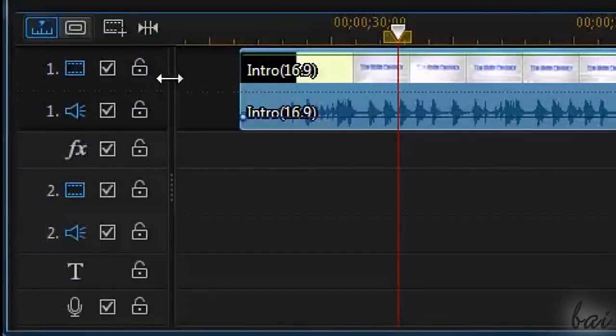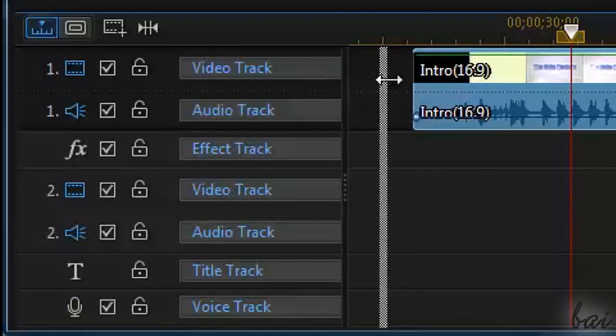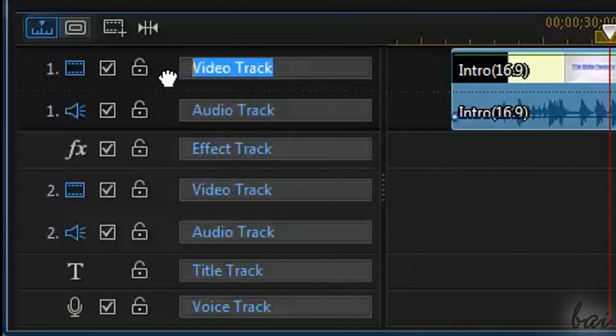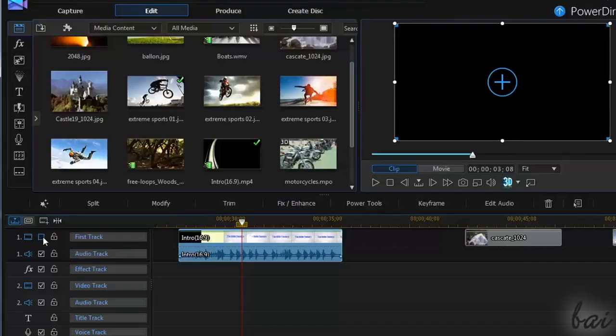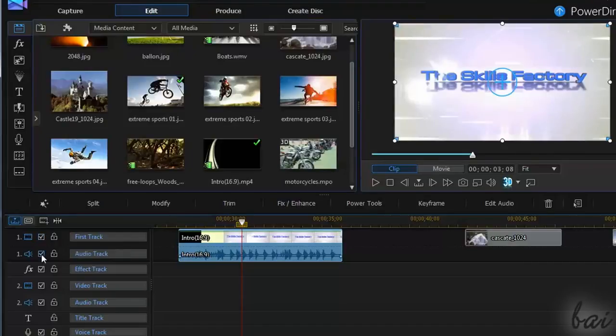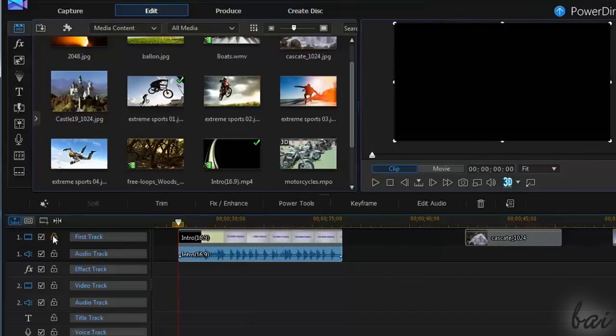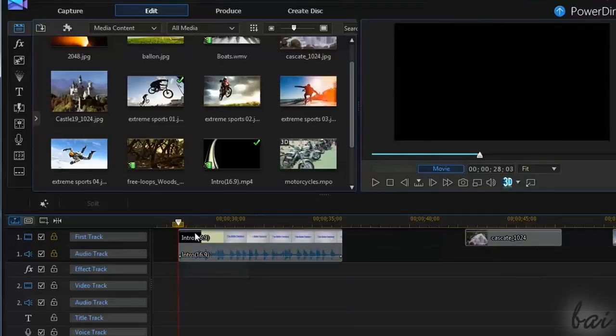Tracks are very easy to use. Drag the right side to show the name and eventually rename it. You can check or uncheck the rectangle to turn a track on and off. A track turned off never shows its content, which means that video and images become fully transparent, while audio will have no volume. Use the lock icon instead to block the track, so that any file inside can't be moved